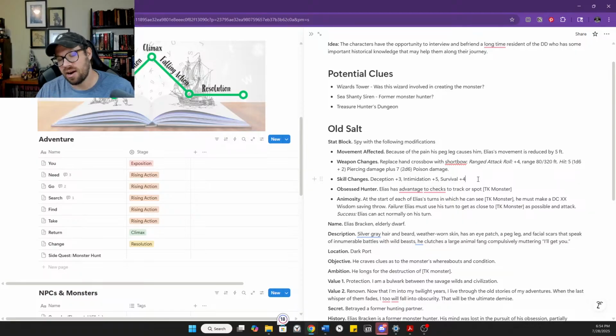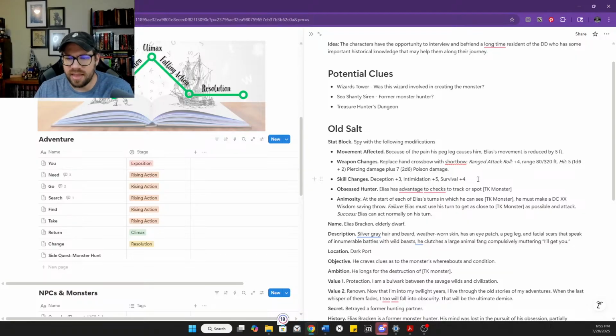So we can have this character who's ostensibly scarred and battered and kind of grim, and give him a relatively high charisma in this case because he's got a sledgehammer of a personality. Hence why we give him this bonus to intimidation. I really like that, Ben. That's a really cool idea.